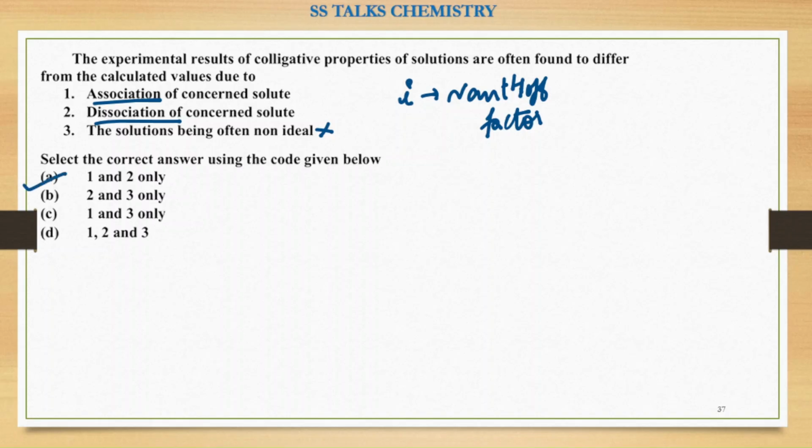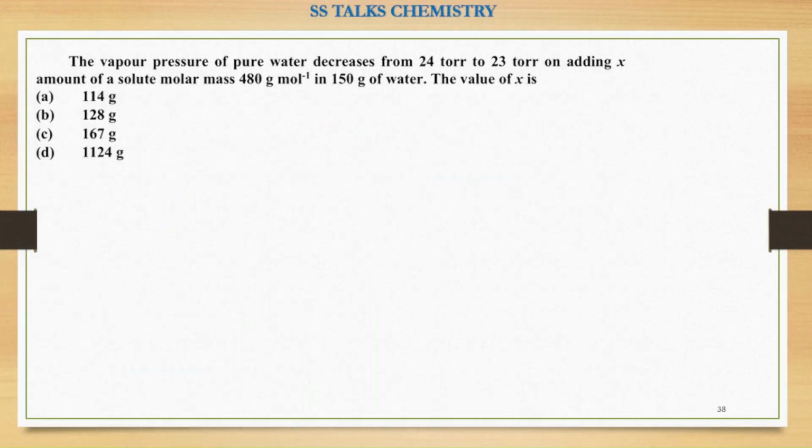So the correct answer is A in this case. Due to the association or dissociation, you observe the different values. That is why this i factor is included over here. Moving on to the next one, the vapor pressure of pure water decreases from 24 torr to